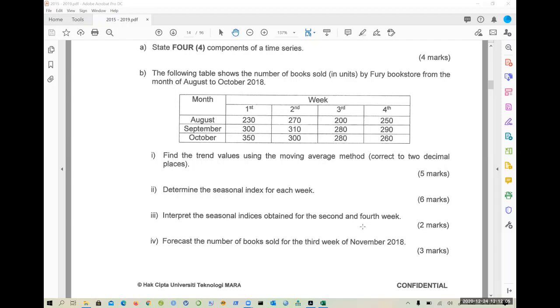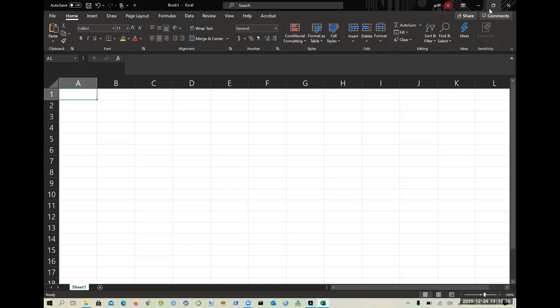Okay, as long as you put it in the correct order, so you have the columns, you have the values and so on. So tak ada line pun tak apa, it's okay. Okay, sebab sometimes bila kita gunakan kertas tu dah ada line dah pun. So no problem with that, right? Okay, so let's just continue with this one. I'm just gonna switch this table into the Excel form. So kita akan transfer yang ni ke dalam Excel.